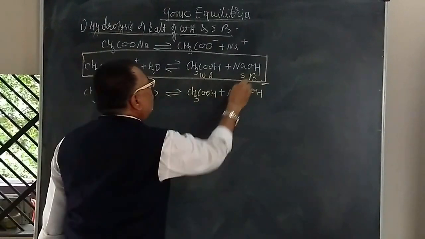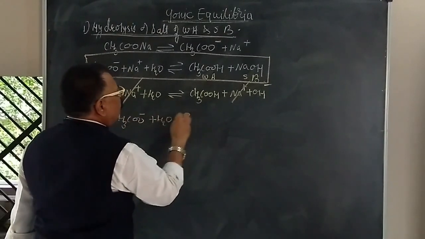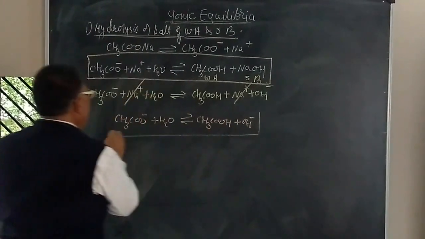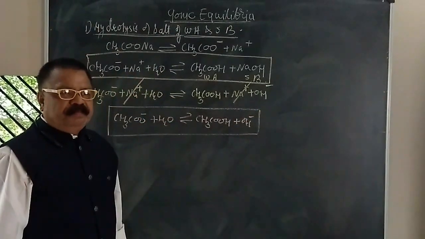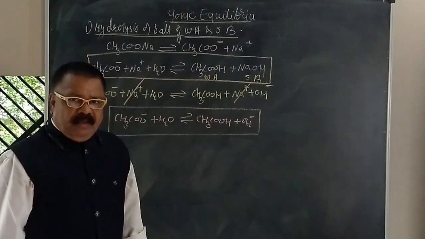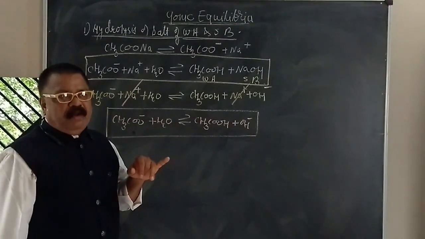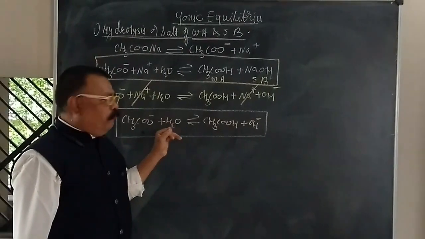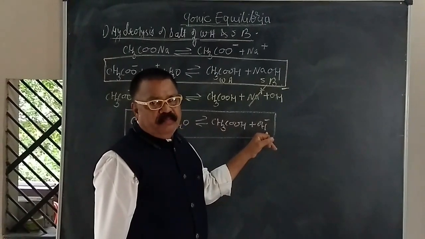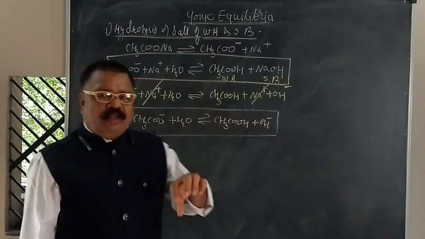So by cancelling the similar terms over here, what we are getting is CH3COO negative plus H2O, which gives the formation of CH3COOH along with the formation of the OH negative. Now look here, the statement is very simple. For the hydrolysis of the salt of the weak acid and the strong base, we can say the anion will be responsible for the hydrolysis, which produces an excess of the OH negative, or hydroxyl negative charges, isn't it? Where it produces the OH negative charges,